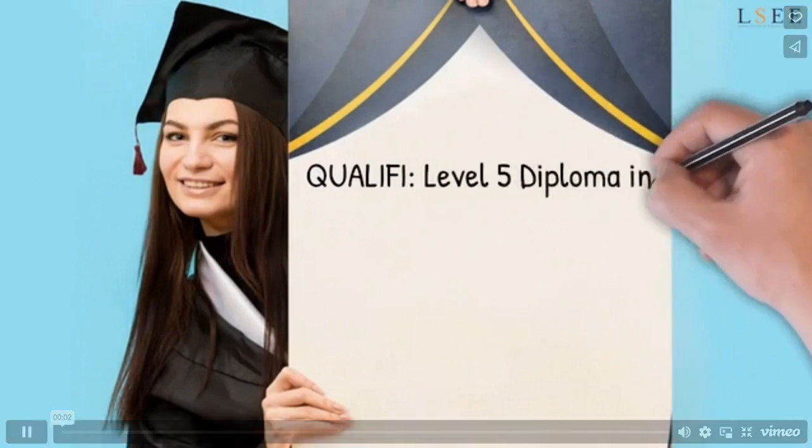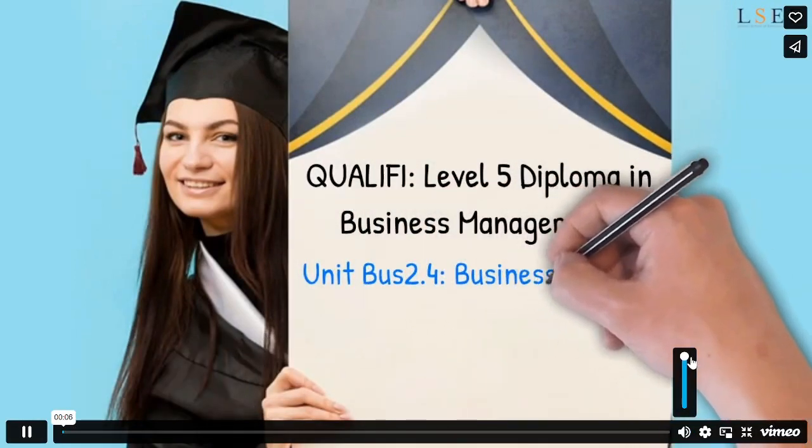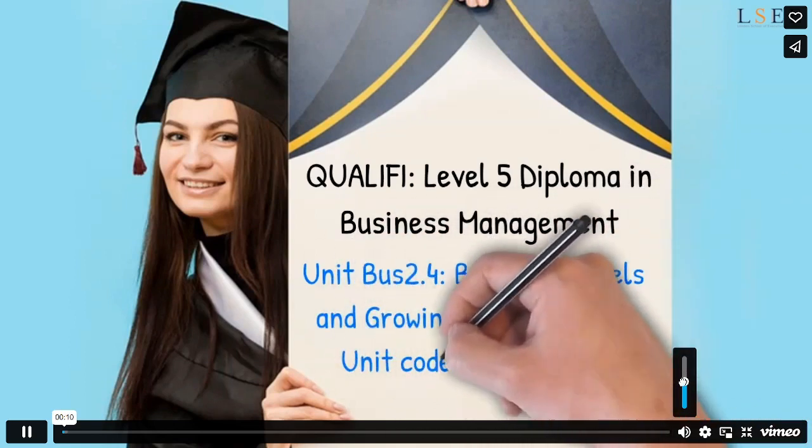Qualify, Level 5 Diploma in Business Management. Unit BUS 2.4, Business Models and Growing Organizations. Unit Code,